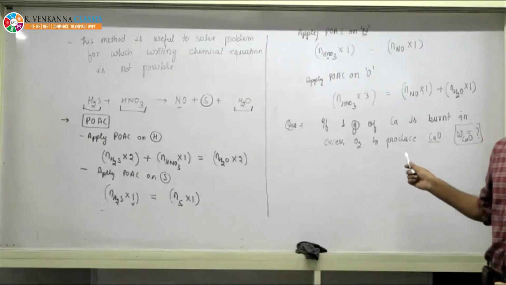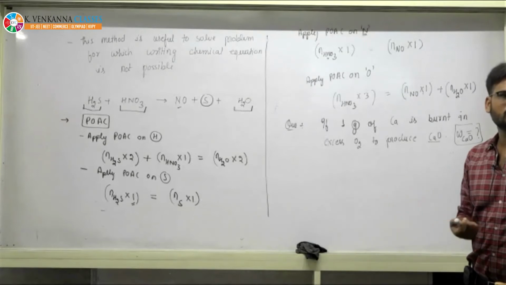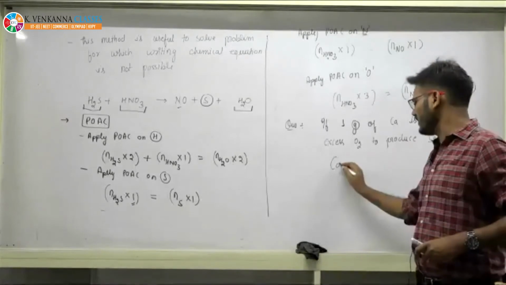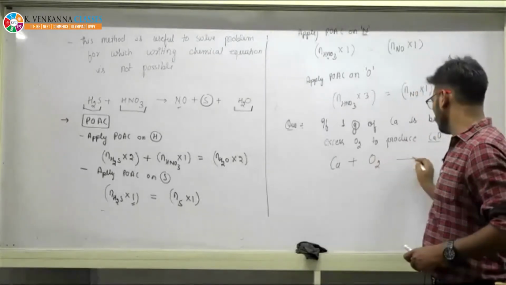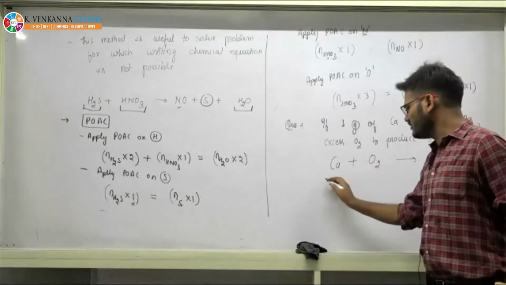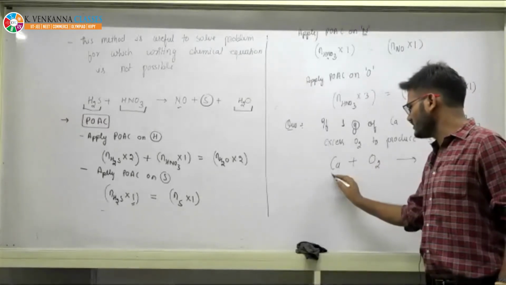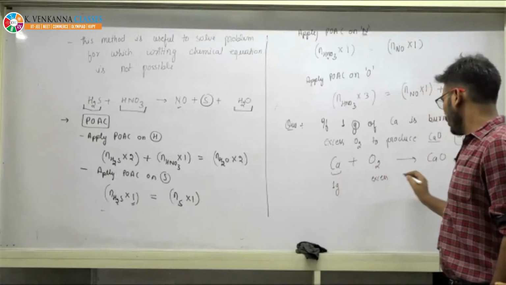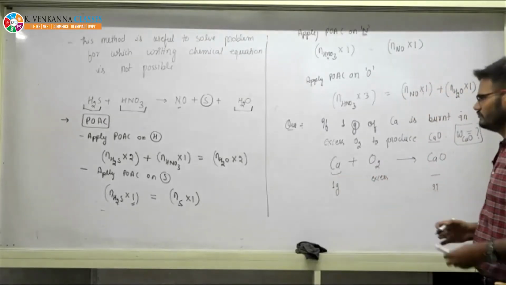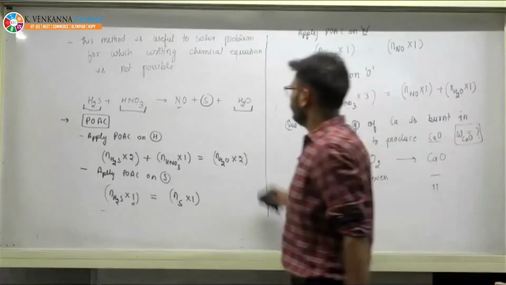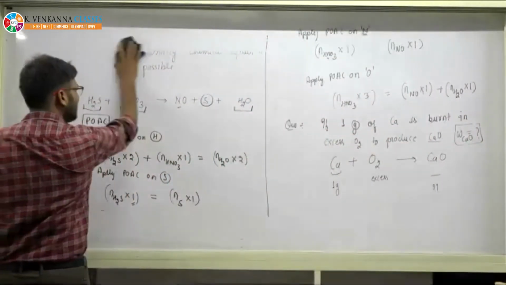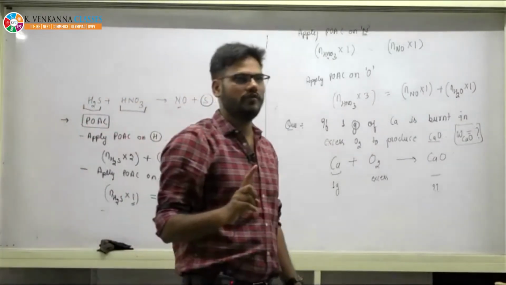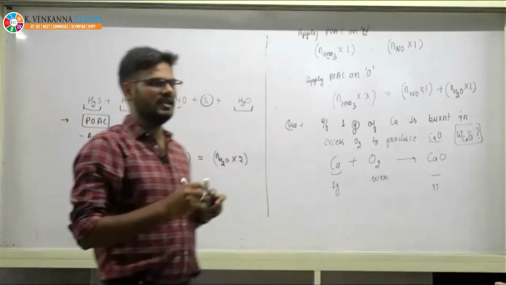So this problem can also be solved by mole concept. But if you do not know the balancing, just use the information given: calcium plus oxygen gives CaO. The weight of the calcium is given, 1 gram. It says oxygen is in excess. Now you have to calculate the weight of CaO. So just balance the calcium atoms, because they have given you the information about calcium atoms, on both sides.